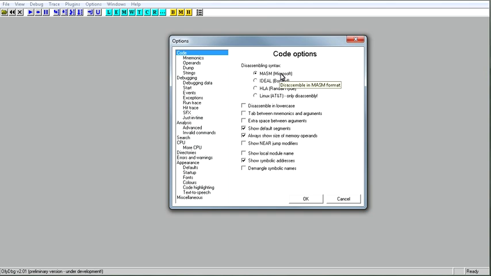The syntax that I am most familiar with is MASM. It's the one that I know how to write and I know how to read. That's the one I feel comfortable with. If you are wanting to see AT&T code, there it is. You can, it looks way different. I've had to deal with it before. It's no fun for me.